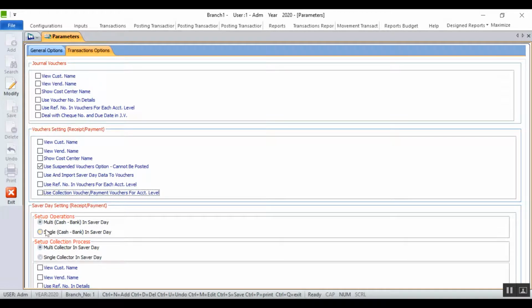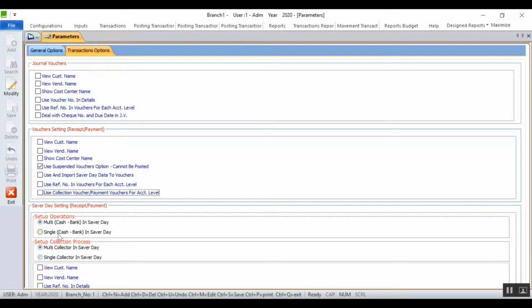If the user would like to select a single safe or bank for each saver, they can go ahead and select the variable single cash or bank in Saver Day. If this option is selected, the user can select the safe or bank at the level of the saver once, and consequently all of the accounts involved in that transaction will affect that bank account or safe.